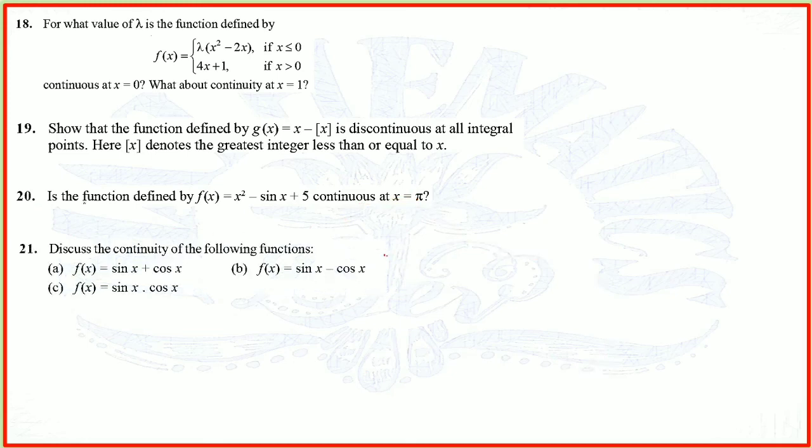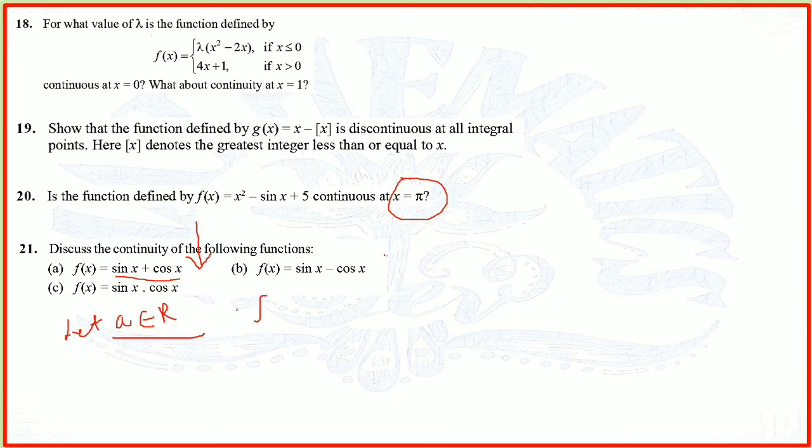Next question is question number 21. Discuss the continuity of the following functions. These all a, b, c are also of similar type, that is first type only. No doubt here we have sine x plus cos x. The difference between question number 20 and 21 is, here we had point x is equal to pi and here we don't have a point. You remember I had already discussed in my previous videos that when the point is not given, you can take any real number a or c belongs to R. This is the point where you need to check the continuity.